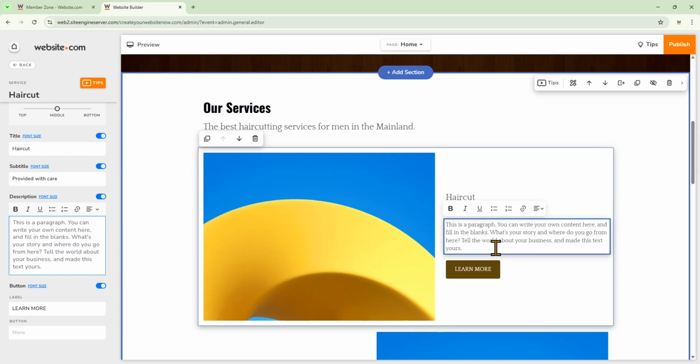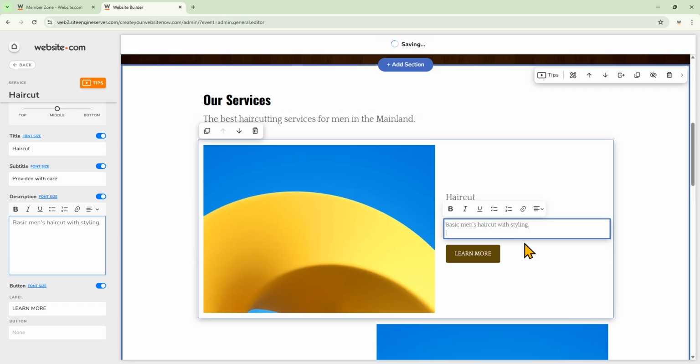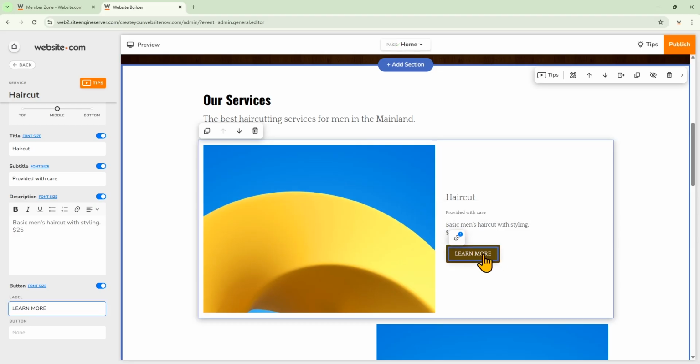I'll keep the descriptions short and clear. Now for the button, we'll need to choose the destination for it.